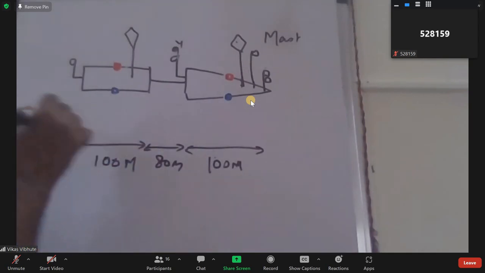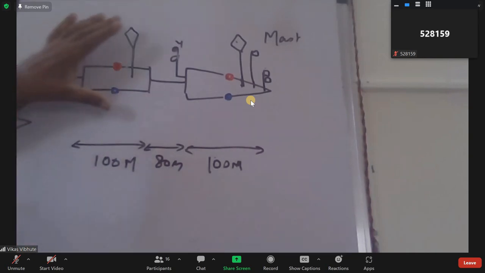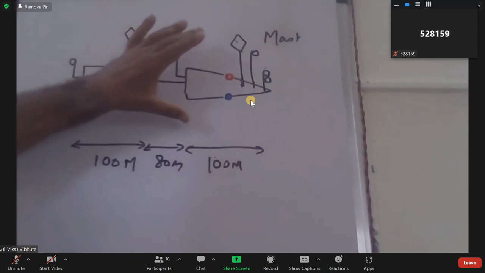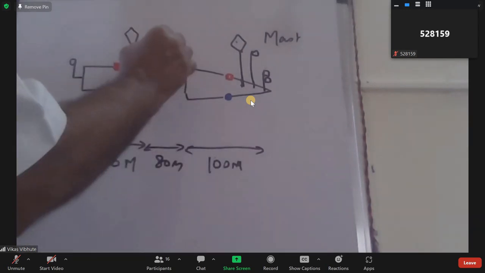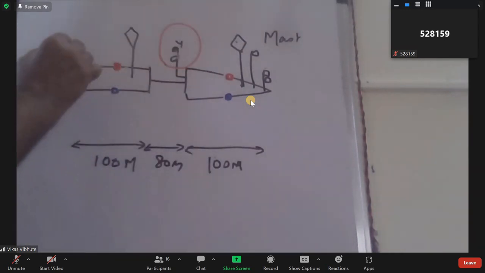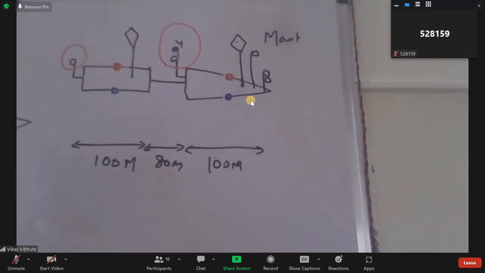I had asked one question. If I am coming from astern, considering there is no obstruction on the way, what lights of these two vessels are seen? Sir, the stern light of the towed vessel, the towing light of the vessel towing, and the stern light of the vessel towing. 3 lights will be shown. Yellow, white, white. Right.